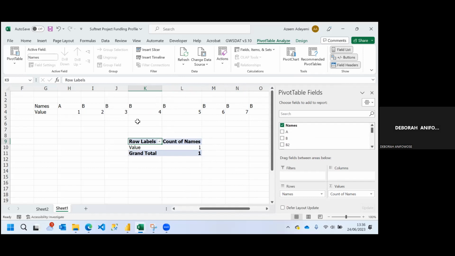Now unpivot is you are doing the opposite. You are saying, okay, just dismantle all of them. I don't want to see them in this format anymore. The report that was brought in was brought in as a form of a report, like it was already in a pivot table form. That's what it looks like. The need to unpivot